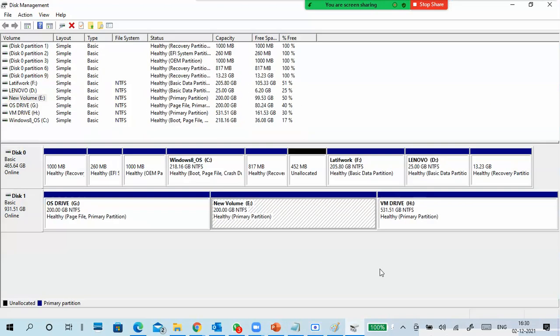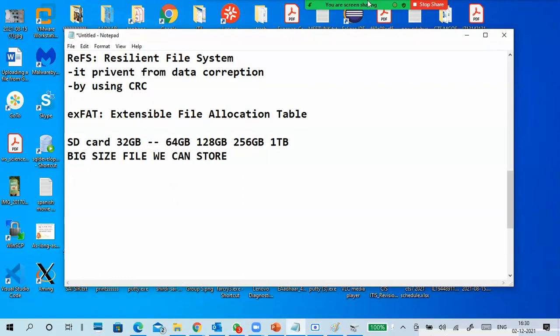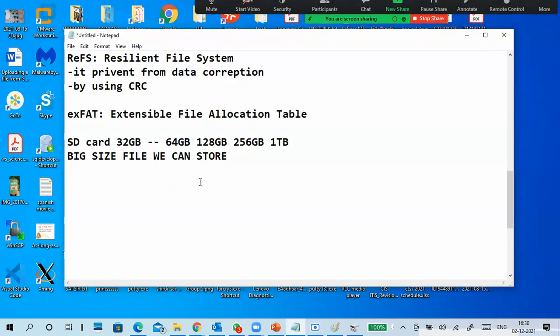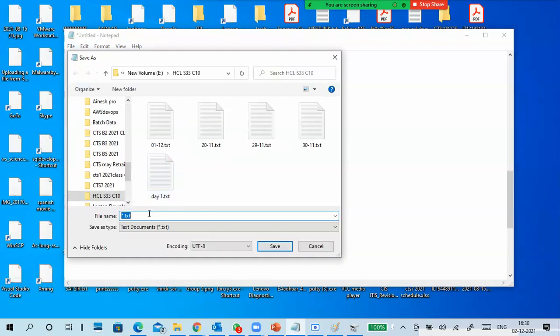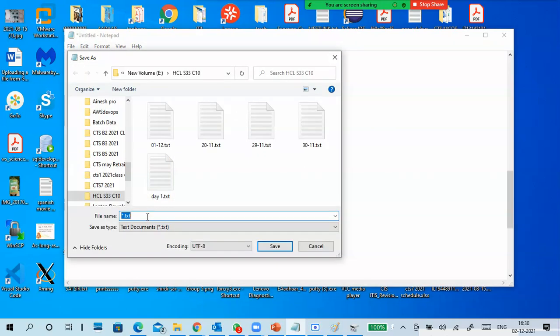So guys, understood or not understood? Sir, can you repeat once again about indexing? Indexing, very simple. You can see this search bar here? In our books also indexing is there.